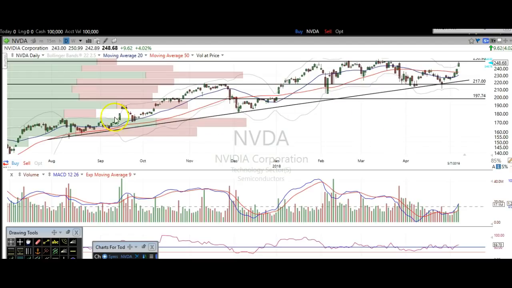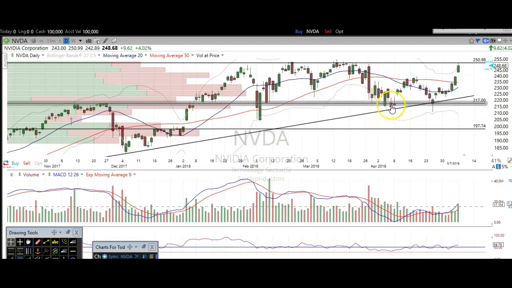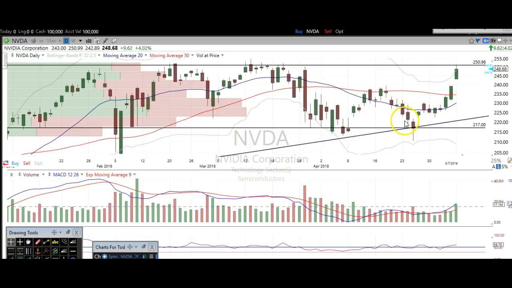So here's that trend line. It started back here. You see where it starts right here? Back here in August of 2017. And you see how it bounced several times there, right there, right there. Almost hit it there. Here's a direct hit against it. And here's what I'm talking about. This is where we called for the